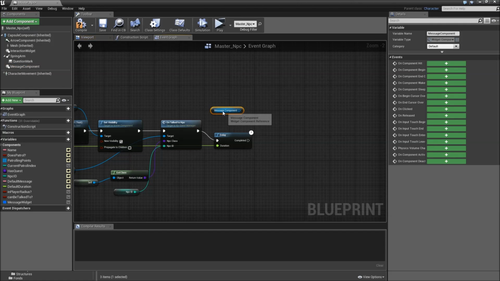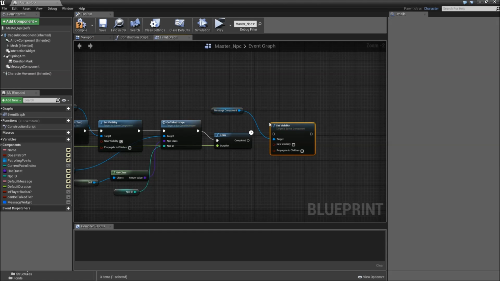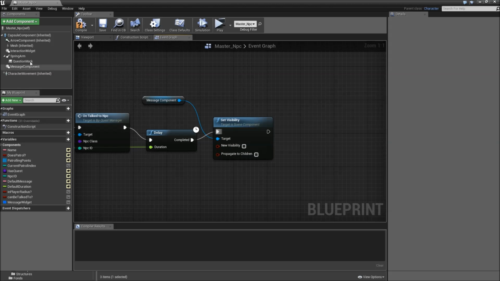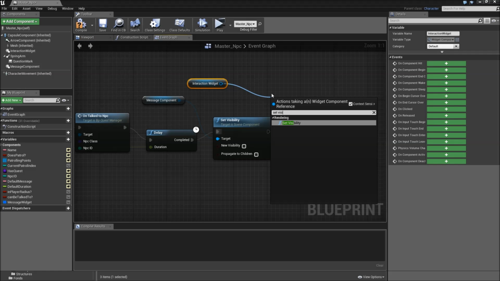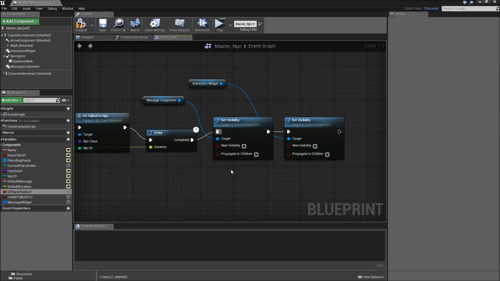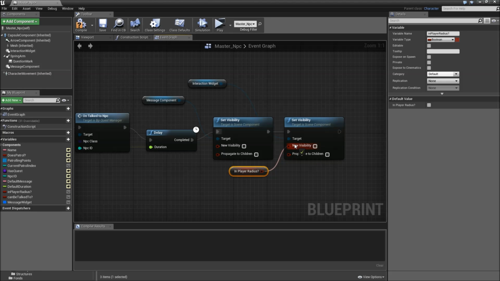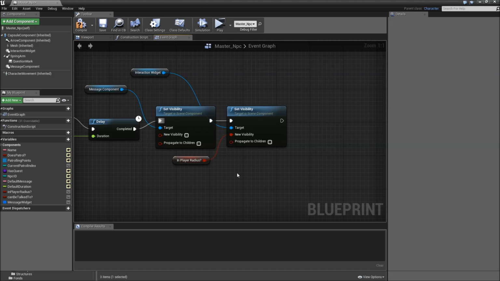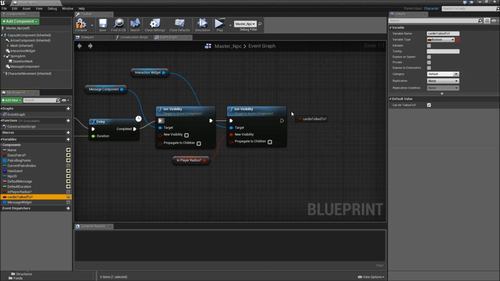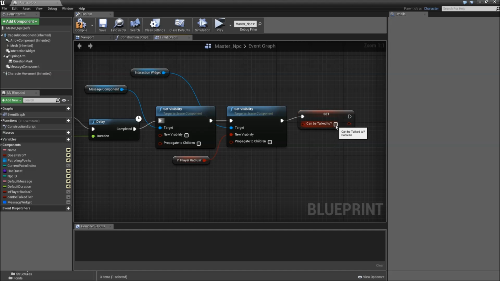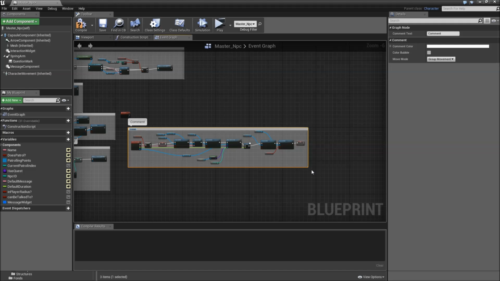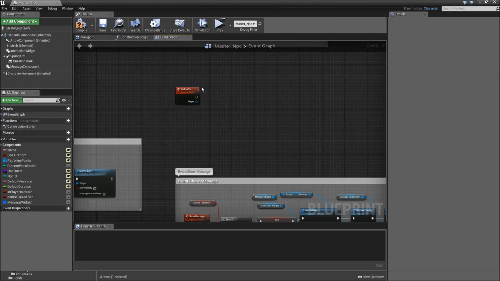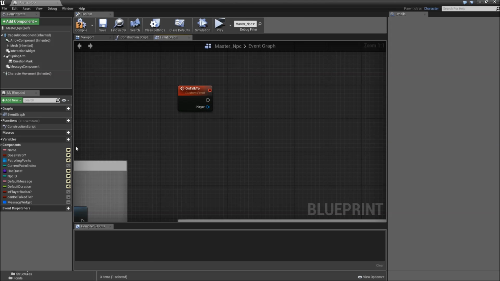Afterwards, drag in the message component again, set visibility, uncheck the new visibility, drag in the interaction widget and set visibility of that to in player radius. So just for that node here we had to create this variable. And afterwards we will reset can be talked to true. Alright, let's add a comment box around that. Event show message. And in our onTalk2 event we will just call